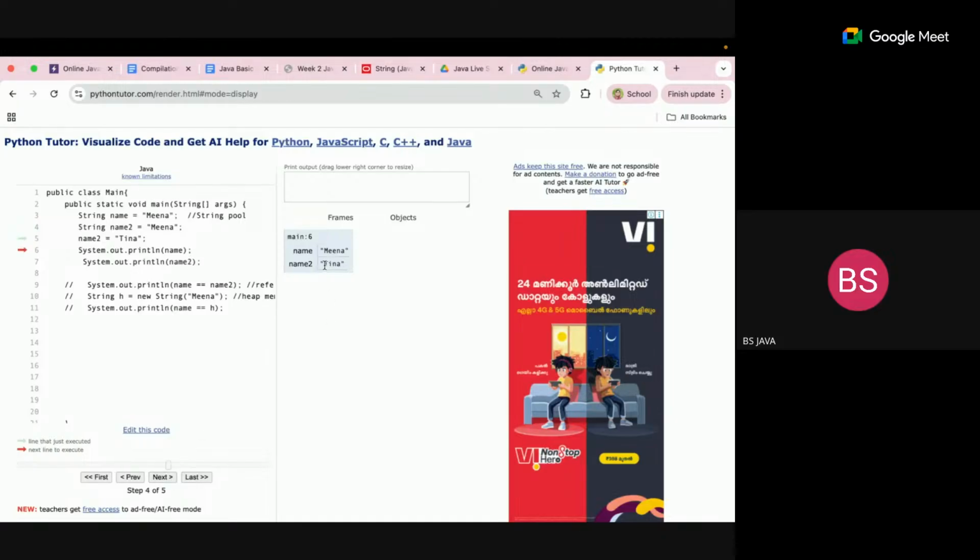So name2 is changed. Name2 is Tina. Okay, here you can't see the string pool creation. But anyway, name is still Meena, name2 is Tina. So basically, one reference to Meena is being taken. Now it is not there. Name2 is pointing to a new object Tina